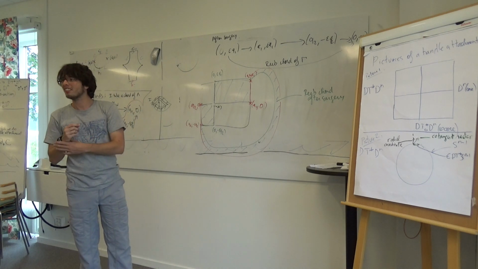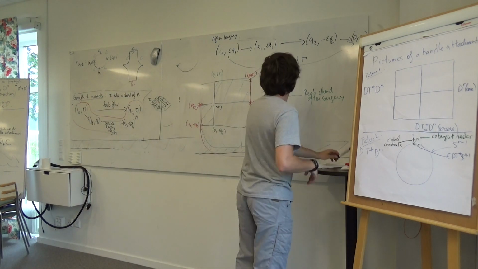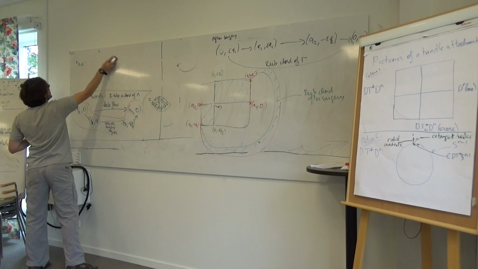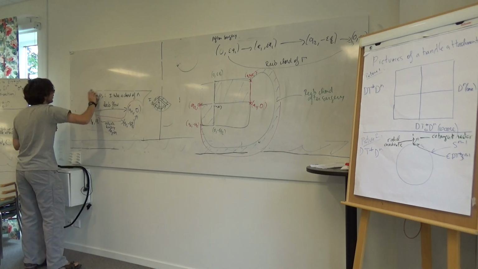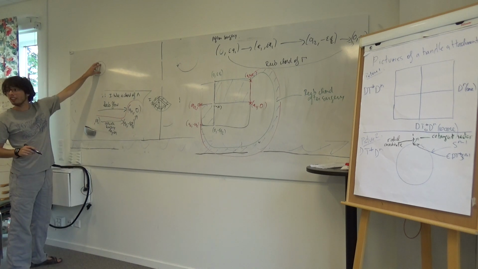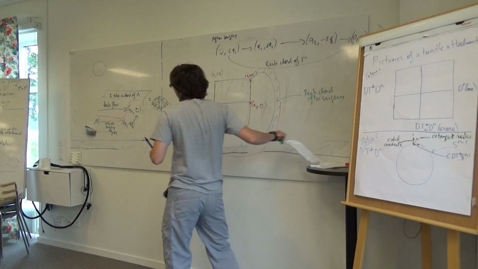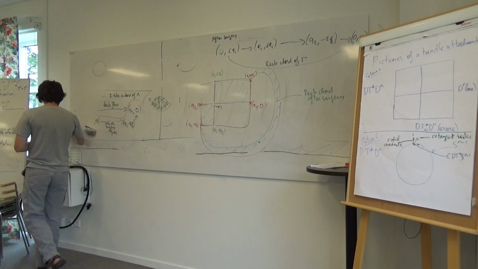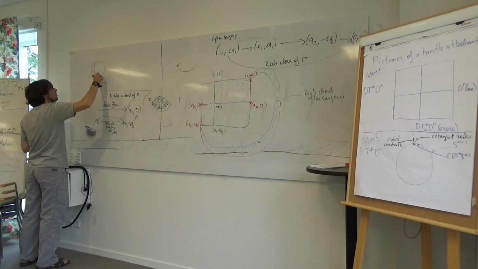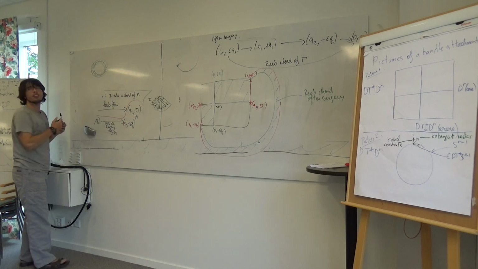Maybe I can draw a picture. This picture would be not bad. Okay. So I have my sphere, and I have this surgery region, where the red flow changes. This is the surgery region. And you must think of the surgery region as very, very small.